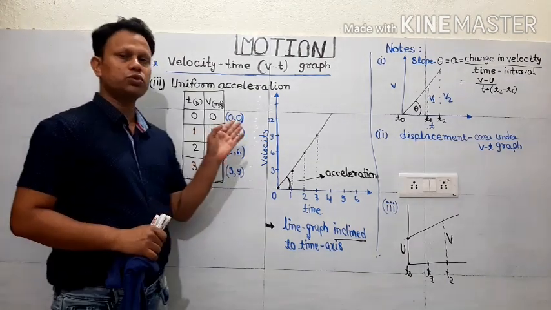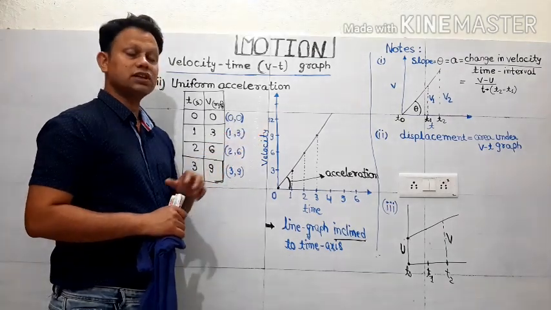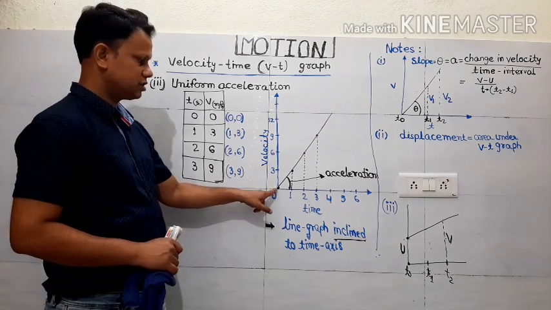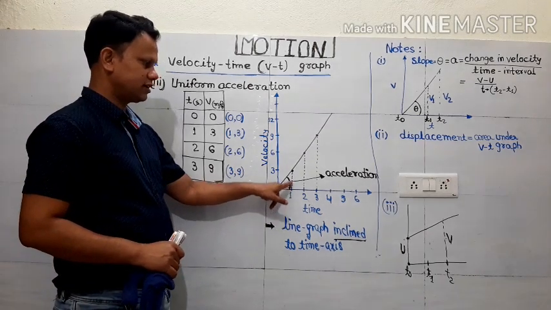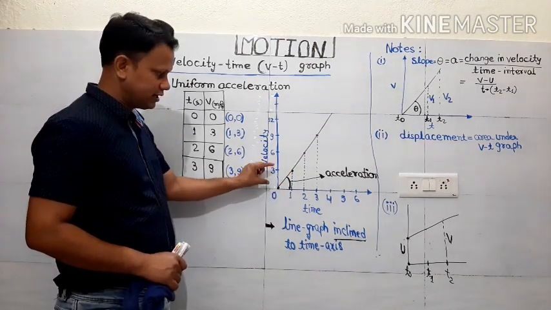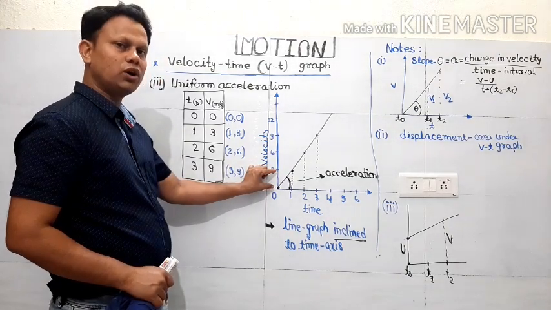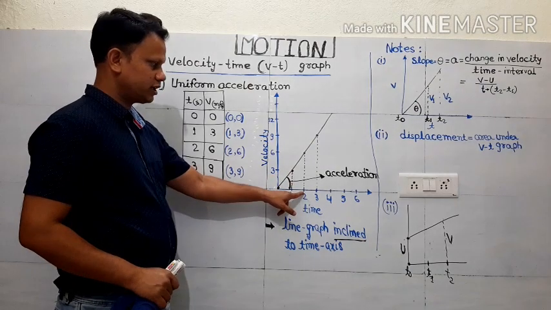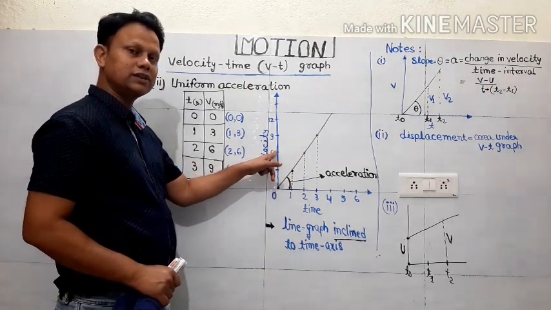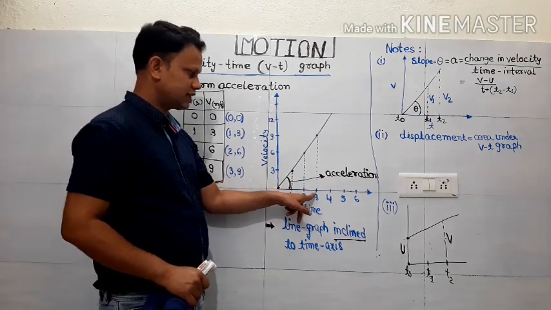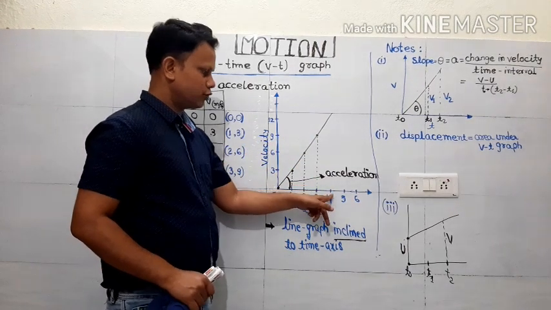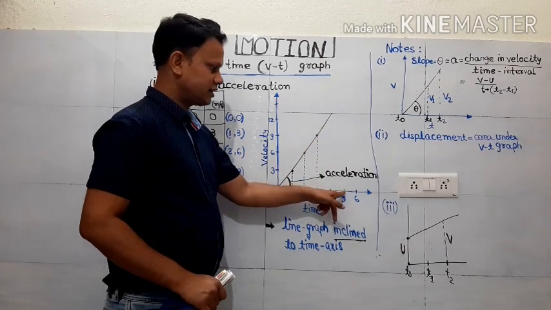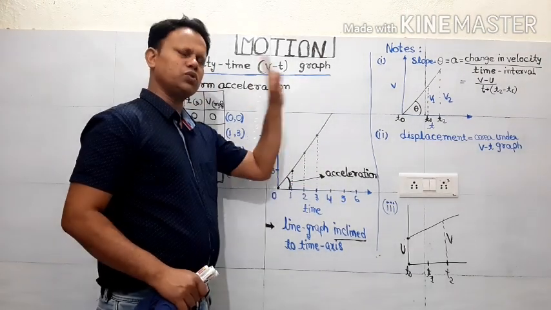Now it's time to show on the graph. Now observe this graph carefully. First of all, we are going to plot these points. So this is the 0, 0. Now 1 second, 3 meter per second. Can you get this height? This height is showing the speed of the object at a particular time. So 1 second, 3 meter per second. Then 2 second, this much height. This much height is showing 6 meter per second. 3 second, 9 meter per second. 4 second, 12 meter per second. 5 second, 15 meter per second and so on.